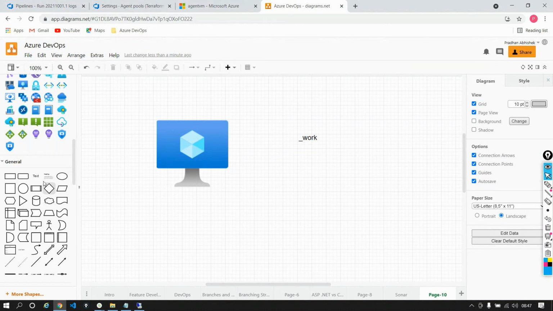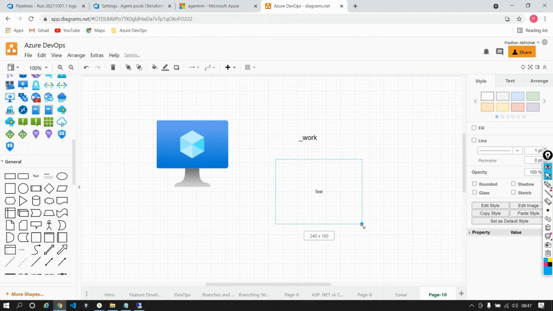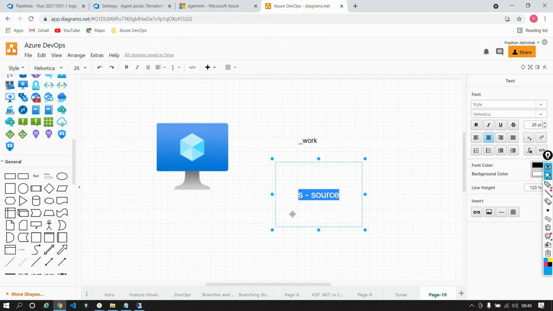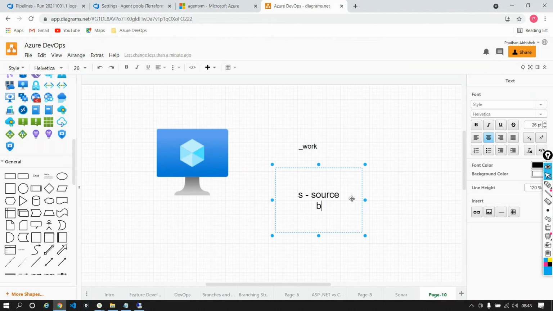This is where the concept of folders comes into the picture. Now there are three different folders out here. The folder called S is the source, meaning all the code we are talking about from your develop branch will be downloaded onto this S folder. Second, you have the B folder, which is called binaries,